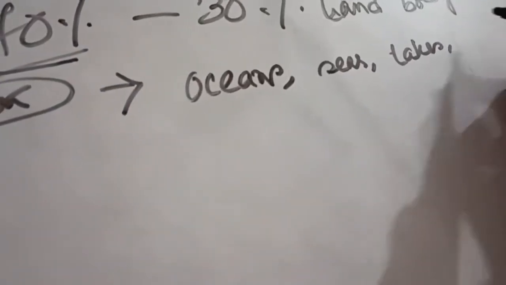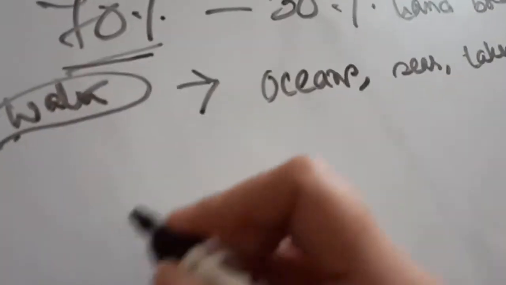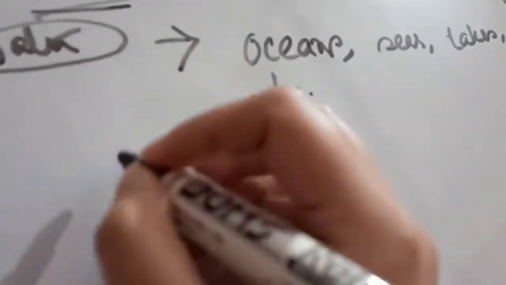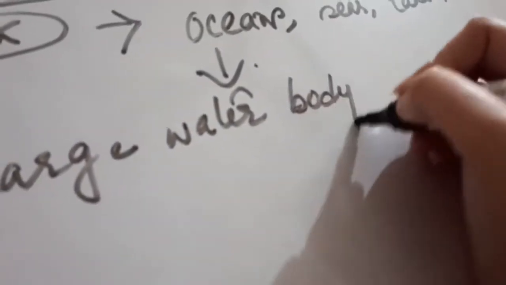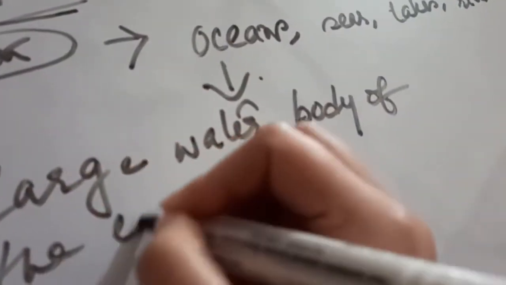Okay, it includes every water body that is present on the earth's surface, like the oceans, seas, lakes, rivers. So oceans are actually the large water body of the earth. We basically have five